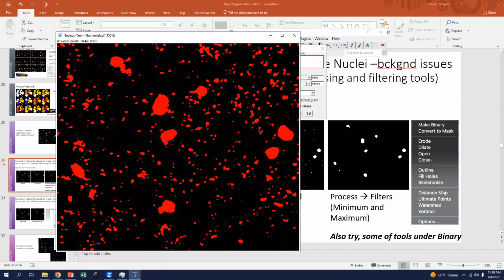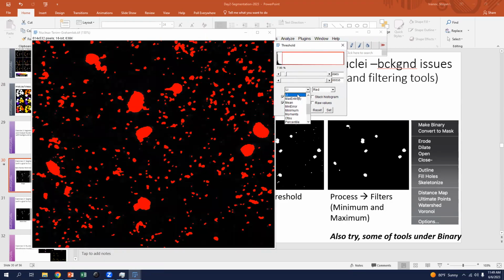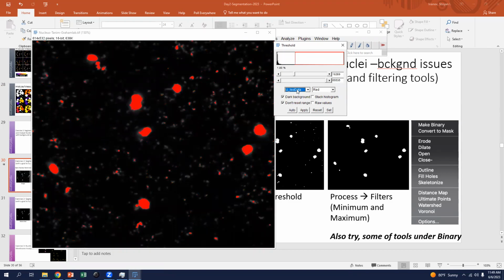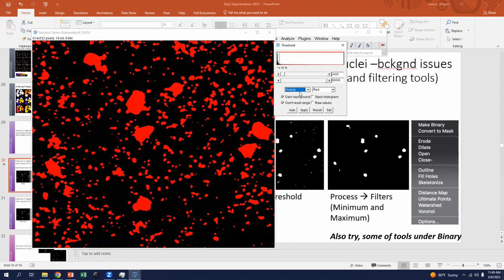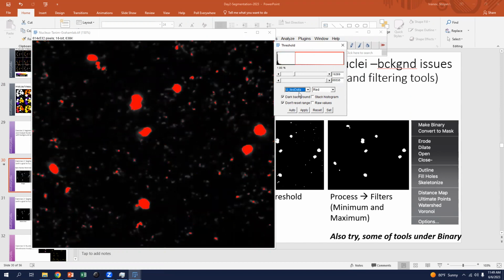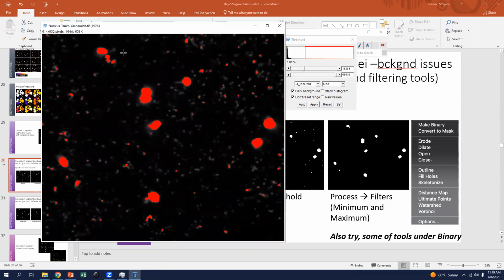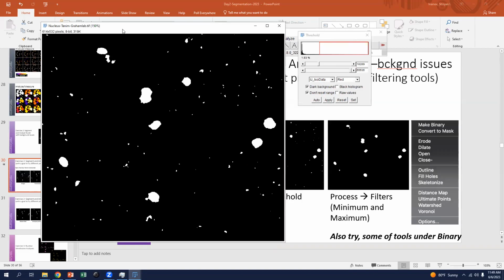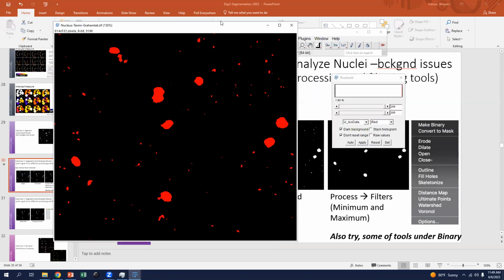It doesn't quite give us a good fit. IsoData. So IJ IsoData captures most of the signal we're interested in, some of the background noise, and not a lot of the haze from the structures themselves. All right, we can click apply. So now we have a thresholded image